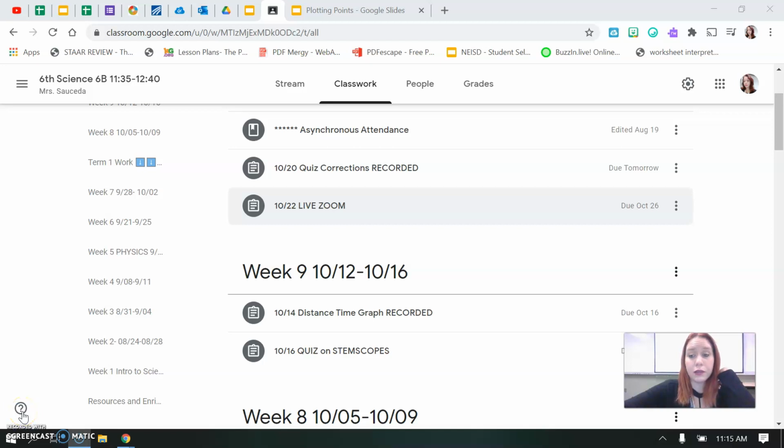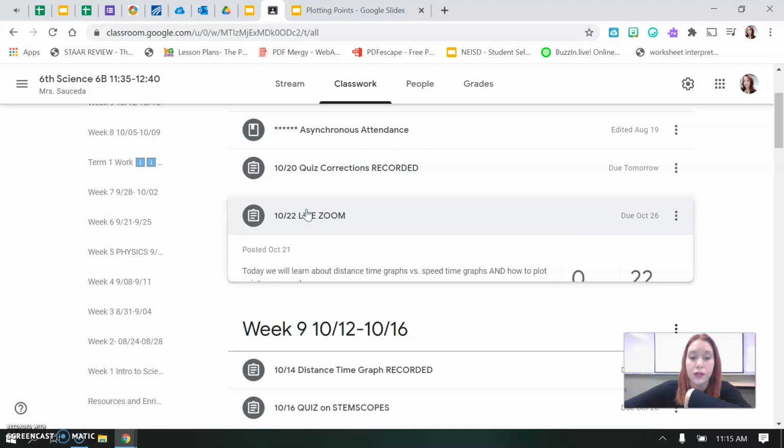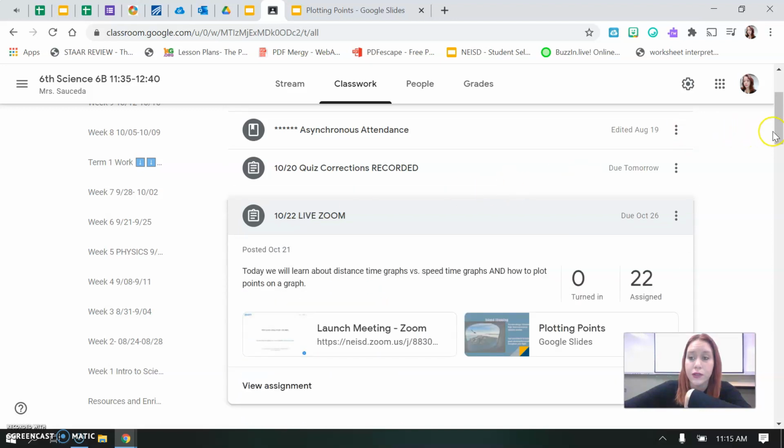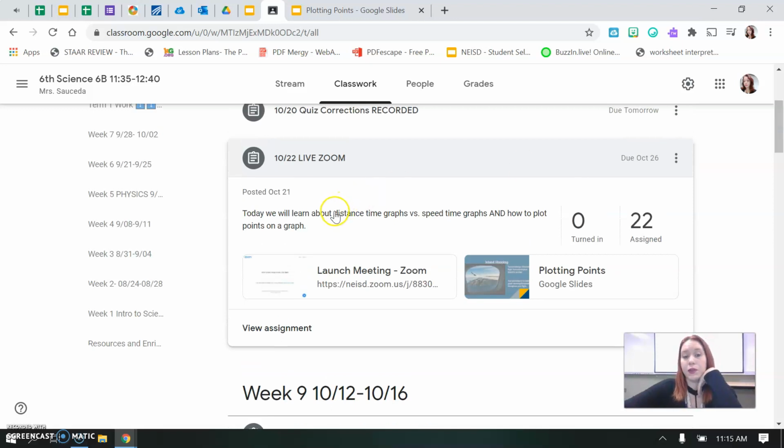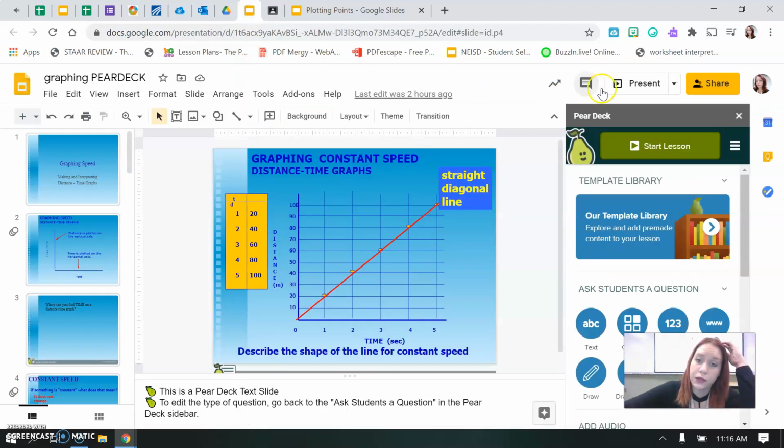I'm here to show you how to complete your work if you missed October 22nd or October 23rd, depending on if you're an A day or B day. So you should be on the date either 10/22 or 10/23. It says today we will learn about distance time graphs versus speed time graphs and how to plot points on a graph. So the first thing I want to do is go over